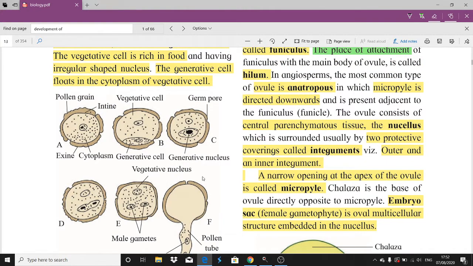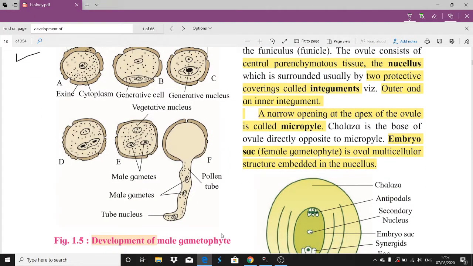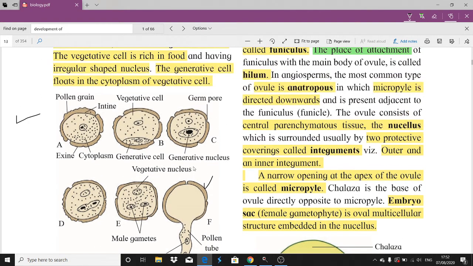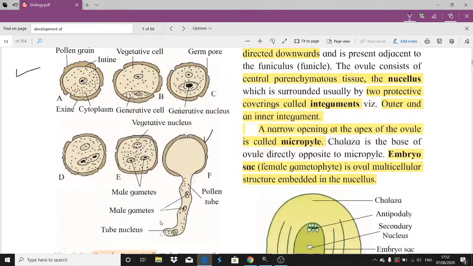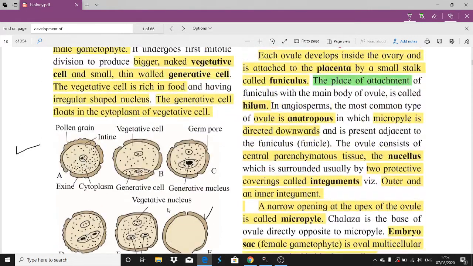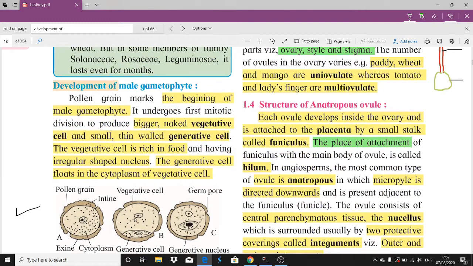Now this diagram you can observe, this diagram is important because you can get a question on this. So this is a very important part. A separate question can be asked on the development of male gametophyte. Only one diagram can be asked. The last one was asked in the recent state board exam. So such diagrammatic representations of male gametophyte can be asked, or a separate question with description as well as the diagram can be asked.